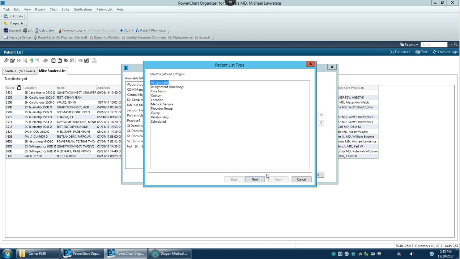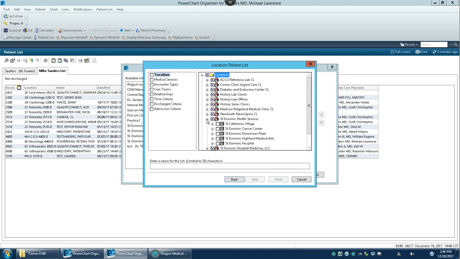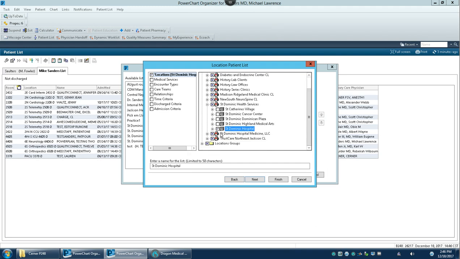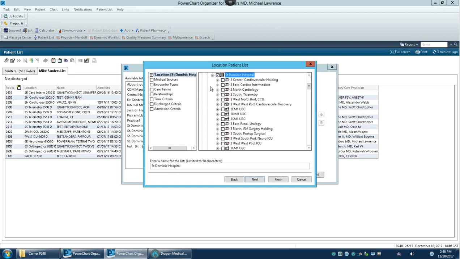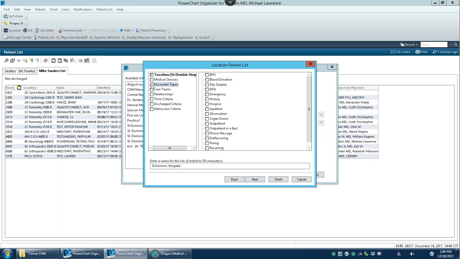I'll say new. I'll make this a location list. I'll click here on locations. Click here on St. Dominic's Health Services. Put a check in St. Dominic Hospital. I could, if I wanted to, click here and actually go and pick individual locations, but I just picked all St. Dominic. Now, encounter types, there's a reason I'm going to pick the ones I'm going to pick, but BHS is